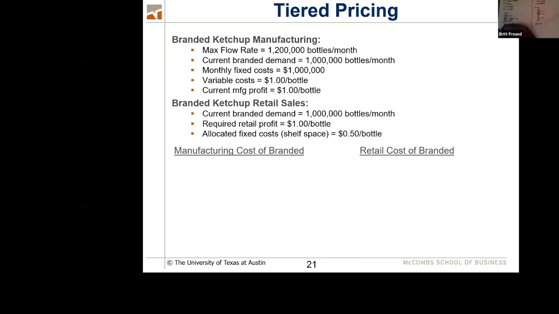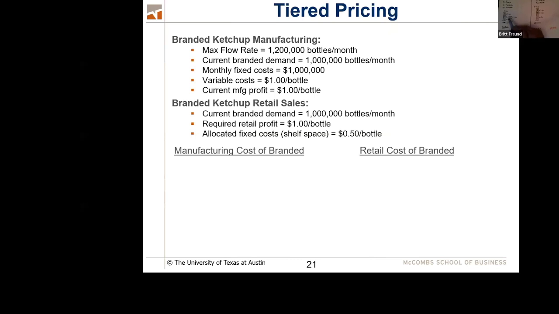So this is the picture from the Hunt's brand perspective. So here's Hunt's brand. This is Hunt's brand manufacturing from Hunt's perspective. This is Hunt's brand sales from HEB's perspective. So I'm going to use red now. Okay. And with red, I'm going to take a look at, okay, we're going to sell HEB brand. We're going to use some of that unused capacity and we're going to sell HEB brand. So let's see what happens when we put this into the game. And Lance paid attention.